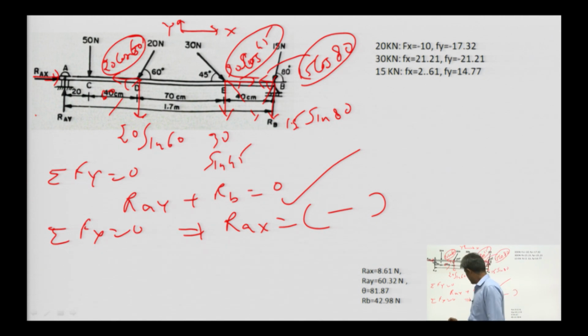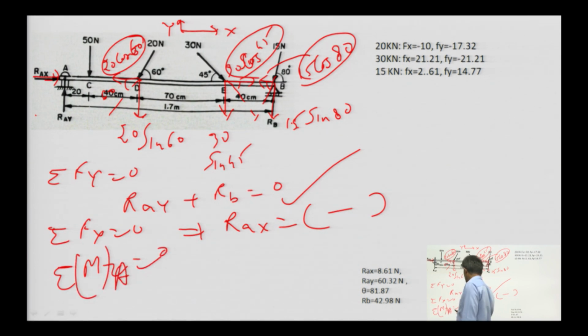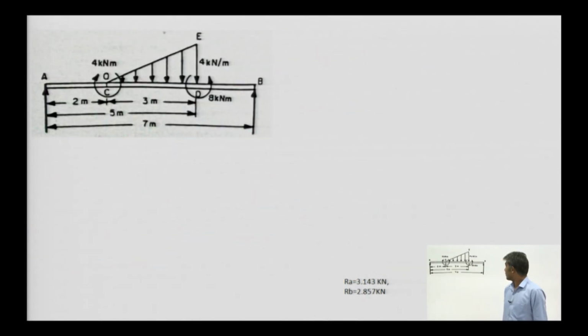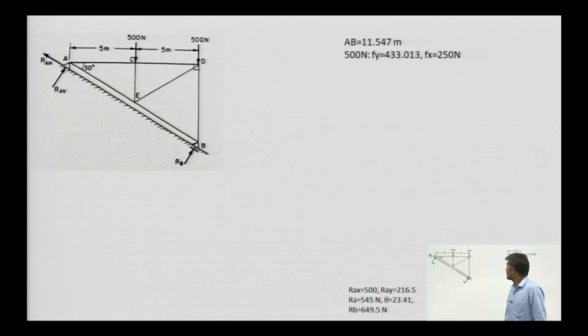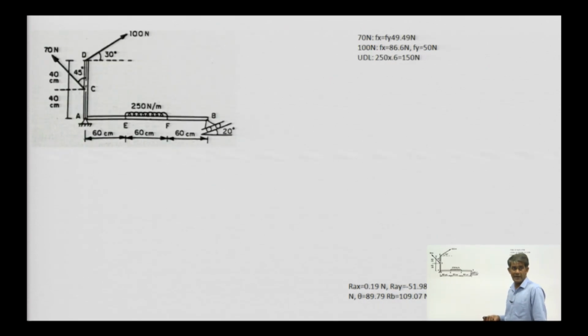And the next step, sigma Mz equals 0 about A, apply the moment equations in the same manner as we did in the previous class. So, you will have another equation in RA and RB. Then by solving these two equations, you can calculate the values of the support reactions. You can also calculate the support reactions in this example by yourself. Try by yourself. Thank you all for listening.